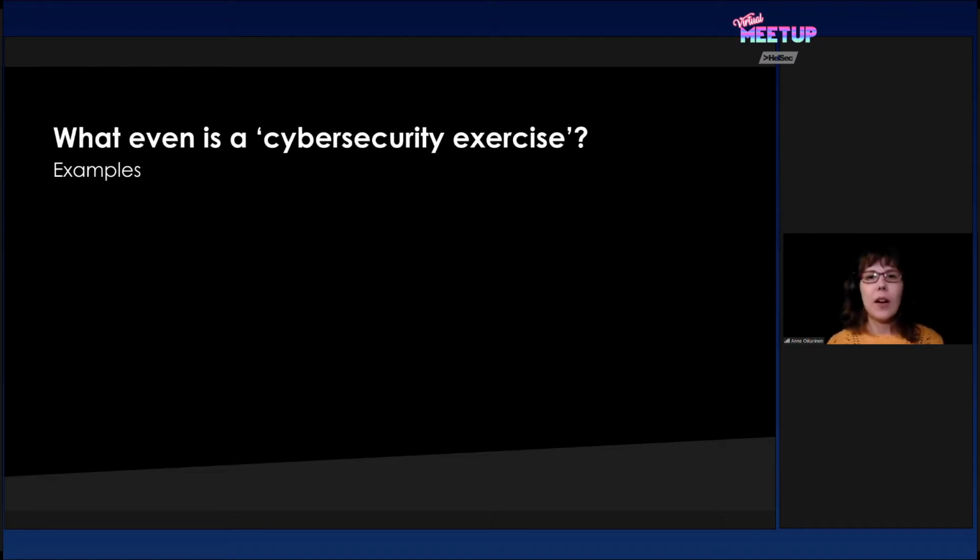I'm going to start by trying to explain what even is a cybersecurity exercise. There are several types, and there are several ways of running an exercise. It depends really on the participants, how technical they are, what their role in the organization is, and your goals for the exercise. Do you want to learn a specific process? Do you want to practice problem solving or communications? You choose. And I'll show you a few examples of exercises, which is not an exhaustive list, but something to check.